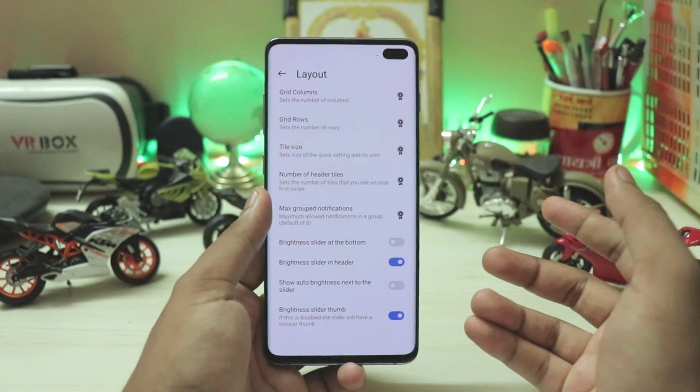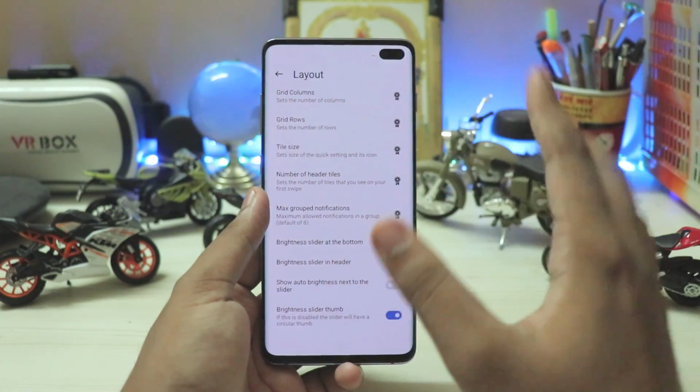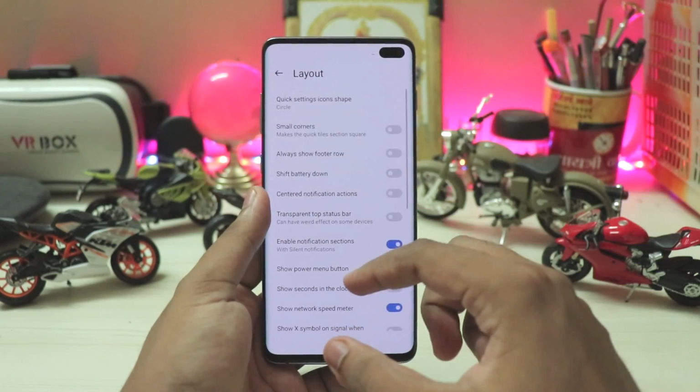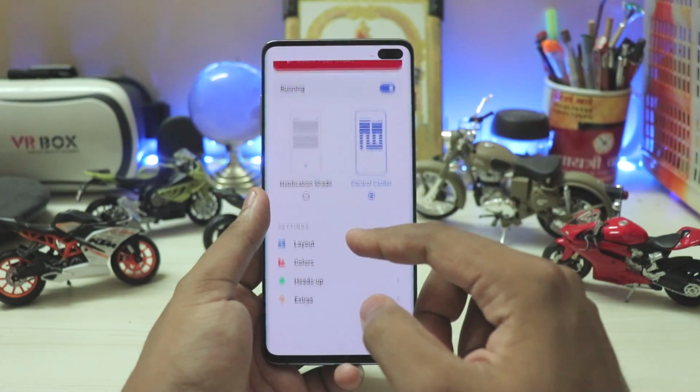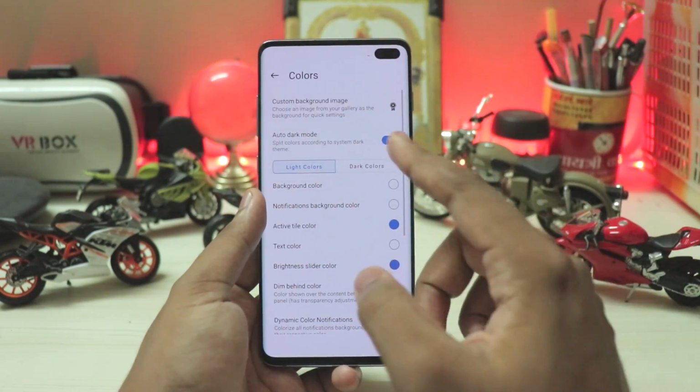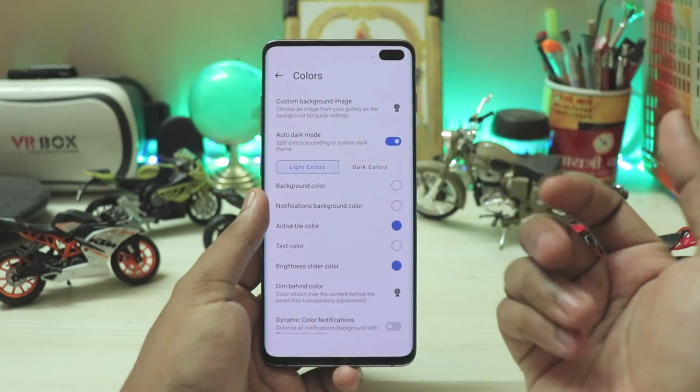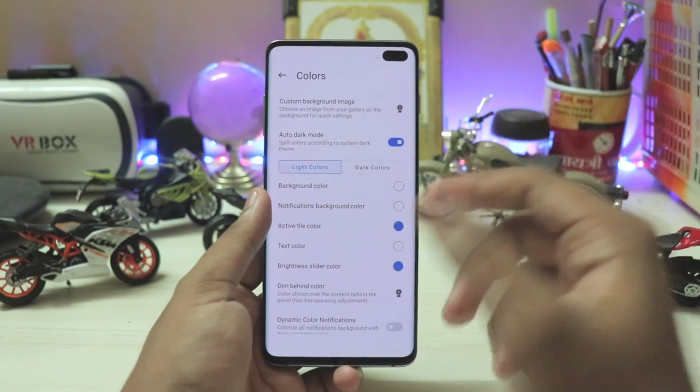Yep. So again, as I said, the app is in beta, so you have to just wait a bit. But just taking a look at the app over here, again, very nicely done. There are a bunch of fixes for the stuff that Android does actually avoid. Again, you can just come to the colors, you can switch between dark mode, or if you are on Android 10, you can just leave it on auto.